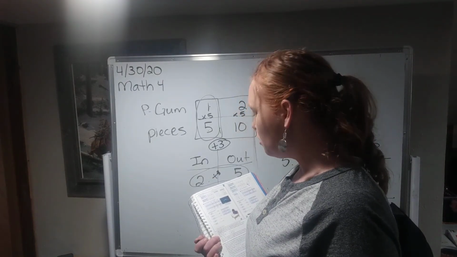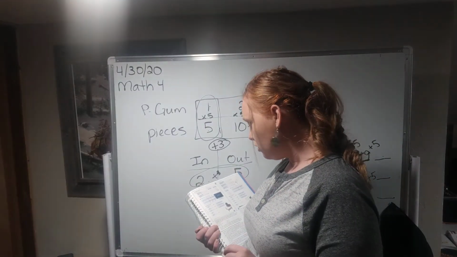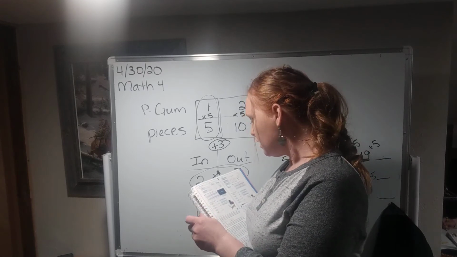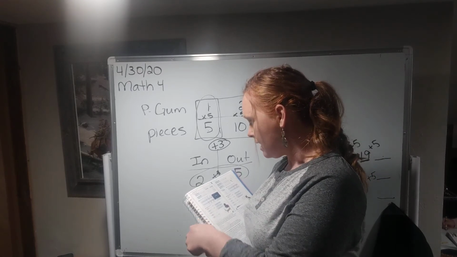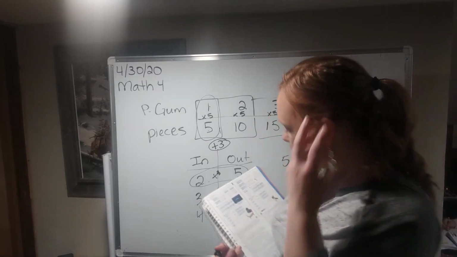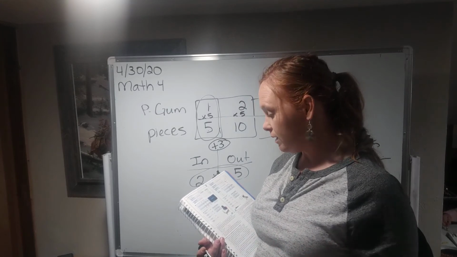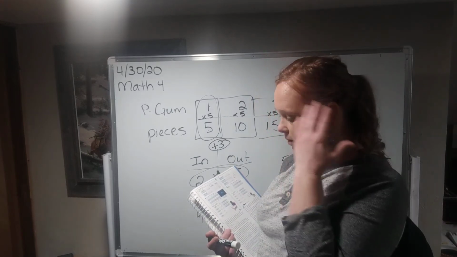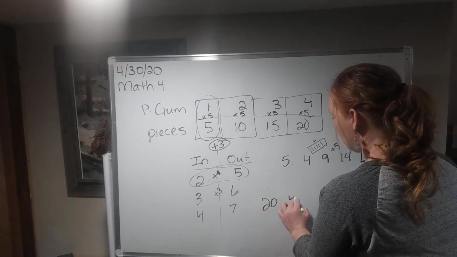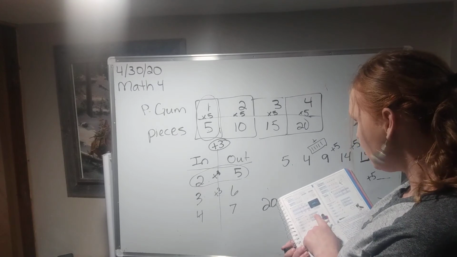Okay? So you have to figure out the rule. And if you would like to use a calculator on that section, you may. Okay? So those are the things you're going to be doing. If you look down at number 10, they're going to have some crazy rules like multiply by 2, subtract 1. Or multiply by 2 and add 1. Okay, so we have to figure out on number 10, how did they get from 20 to 41? Okay, so if you look at A, our first option is multiply by 2 and